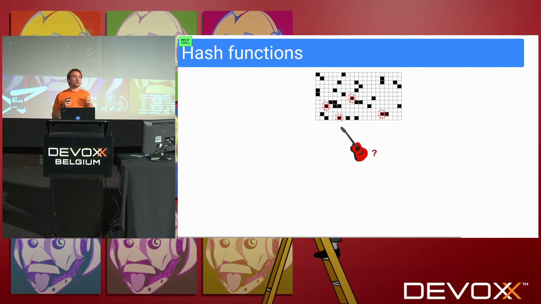The membership test is now, let's compute several hashes of an element that we'd like to ask the question, is the guitar in the set or not? If all of the hash bit positions are set to 1, then there's a high probability that the element is indeed in the set. And if at least one of these bits, of the red bits here, is 0, then I'm sure that this element cannot be in the set.